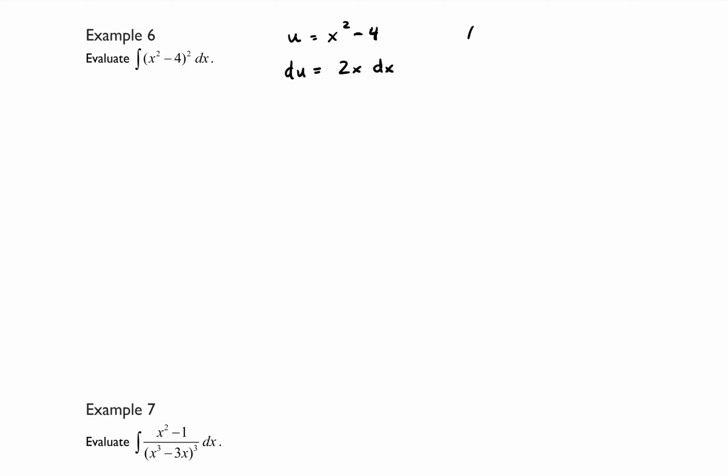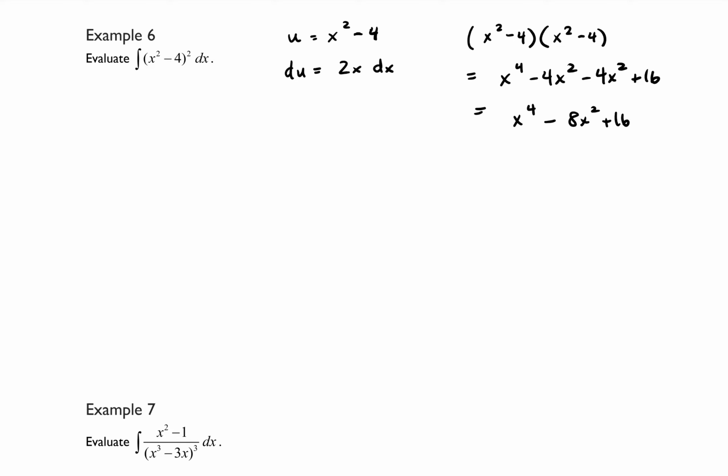And if you said, let's try expanding x squared minus 4 squared, you would be correct. So I'm going to go ahead and FOIL that, and that's going to be x to the 4th minus 4x squared minus 4x squared plus 16, and that ends up equaling x to the 4th minus 8x squared plus 16. So now we have the integral of x to the 4th minus 8x squared plus 16 dx, and we can